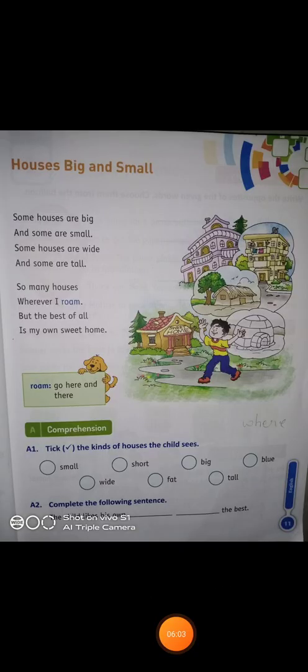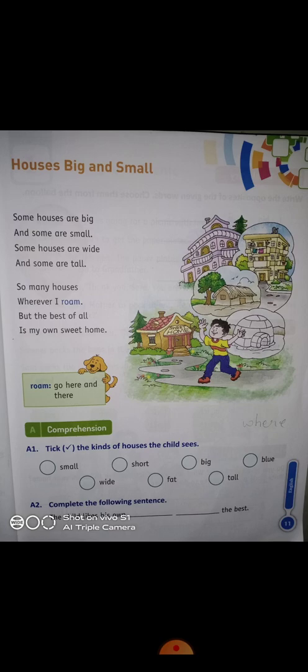Dear students, here big and small are opposite words. The opposite word of big is small. The next line, some houses are wide and some are tall. Wide in the sense it takes more place. Those are called wide, means it needs more space to build.